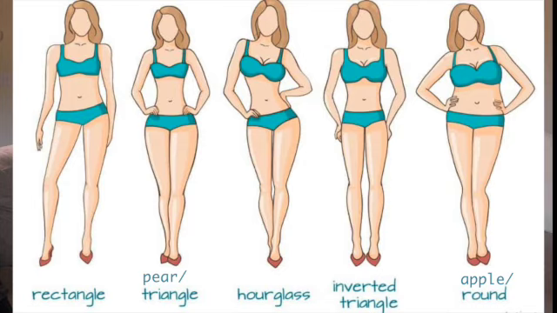First thing I wanted to go over is just what the basic 5 body types are. So you have hourglass, pear, apple, rectangle, and inverted triangles. We are going to go over each one of them today. I'm gonna give you guys examples of what they look like just so you can kind of get a gauge if your body also looks that way.